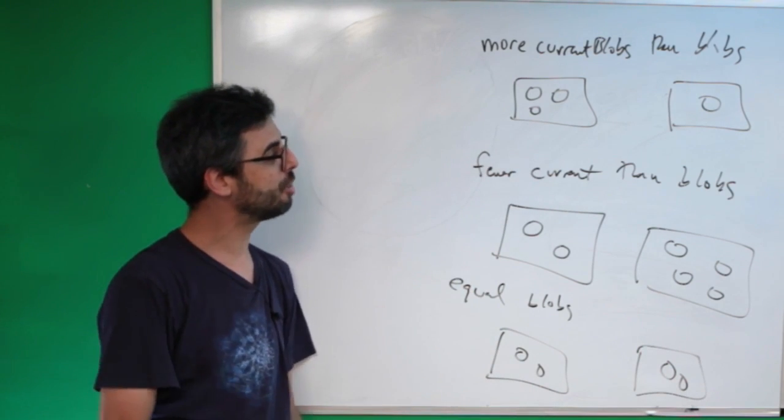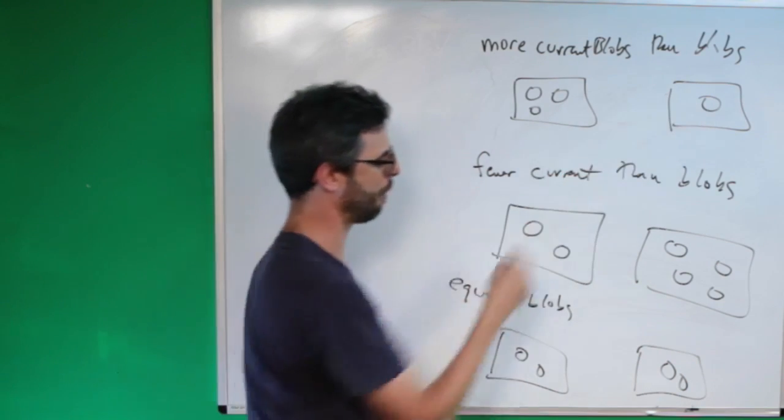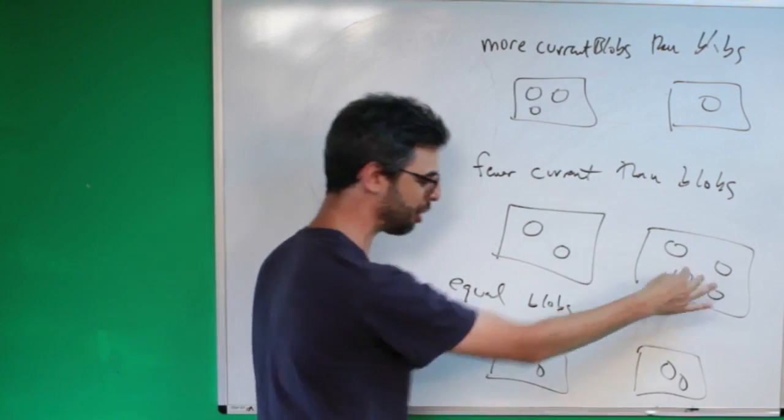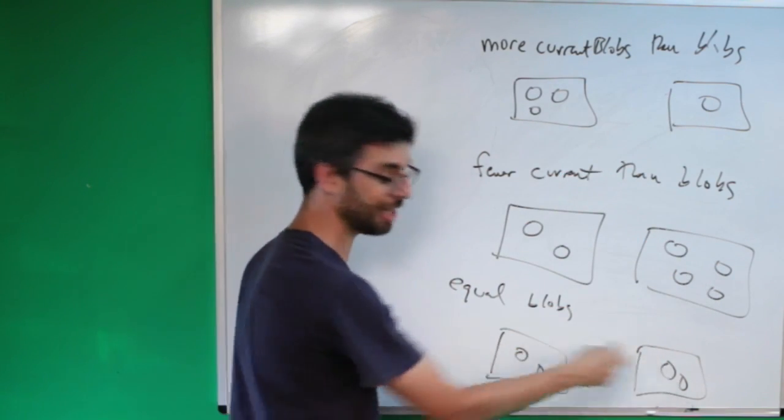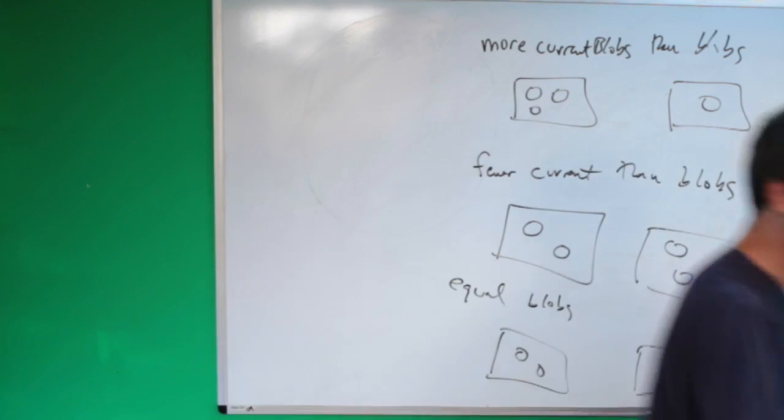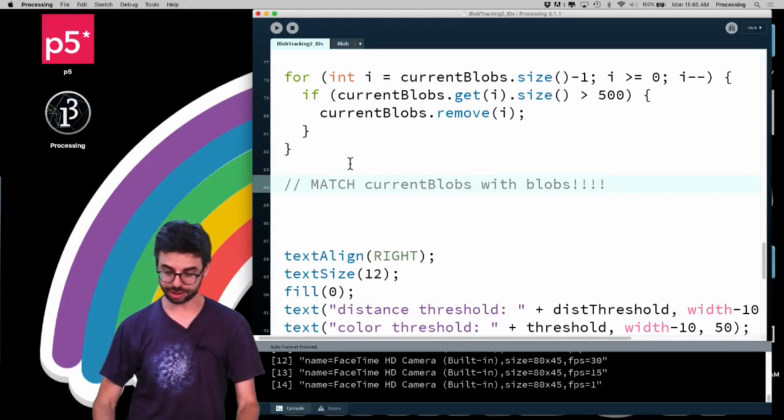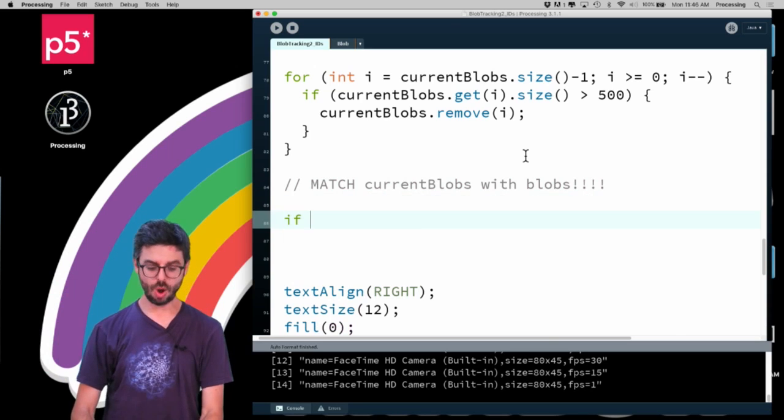And you can see what I might do. Like, oh, in this case, I need to add 2 more blobs. Or in this case, I need to delete 2 blobs. Or in this case, I just need to match these 2 with these 2. So let's first look at the first scenario, which is, what if